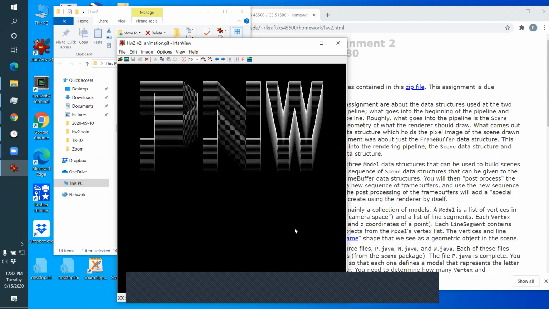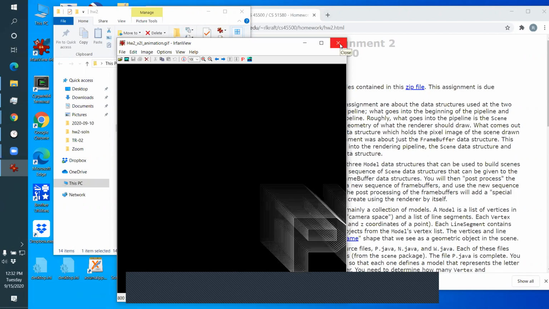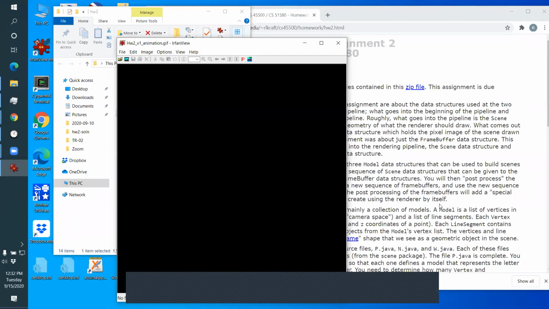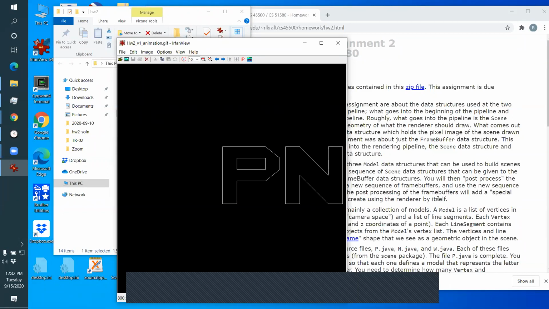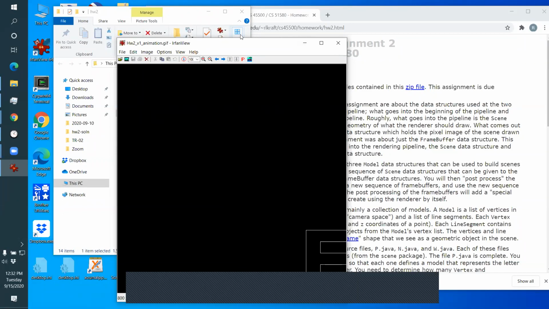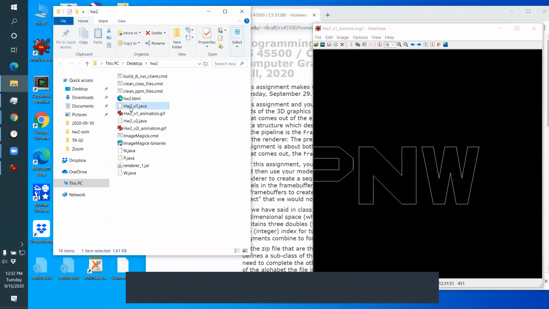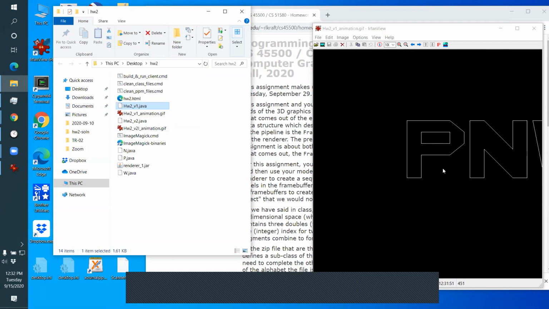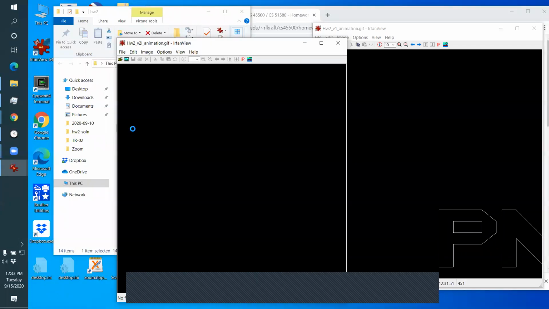Okay. All right. So let me show you an outline of what you need to do. First, you're going to create this animation. And this is what the renderer is going to produce. The renderer is going to produce this animation. So your first step is this file here, homework 2 version 1. You'll complete this file to create this animation. And then this other animation,